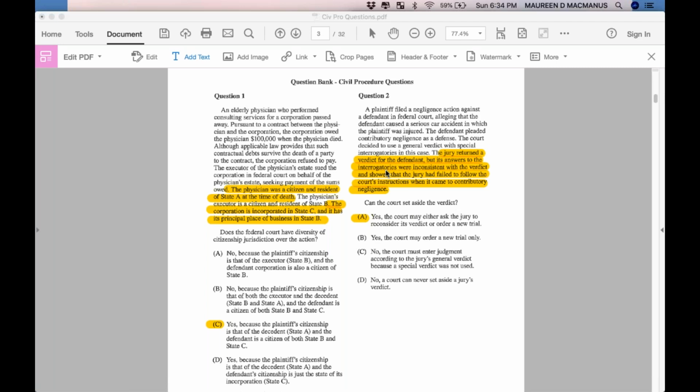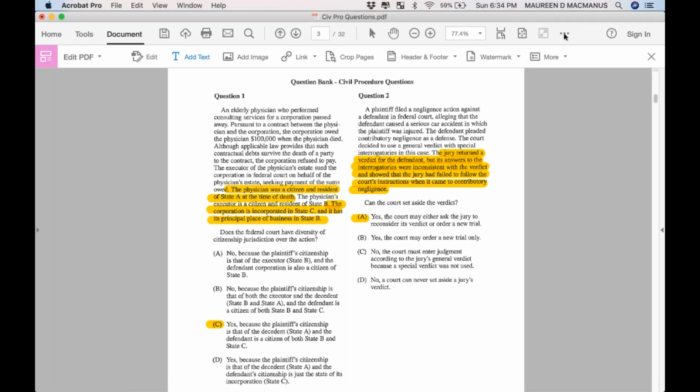So let's start with the call here on question 1. It says, does the federal court have diversity of citizenship jurisdiction over the action? So we're asking about diversity. We know that it's either federal question or diversity, and this is just diversity of citizenship. So you have to have complete diversity, and the amount in controversy has to be over $75,000. It says an elderly physician who performed consulting services, and it has $100,000 there,